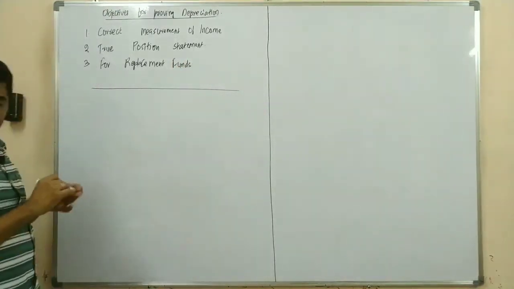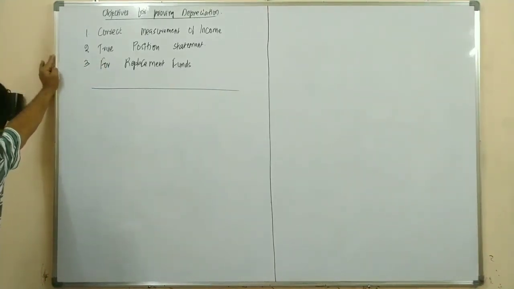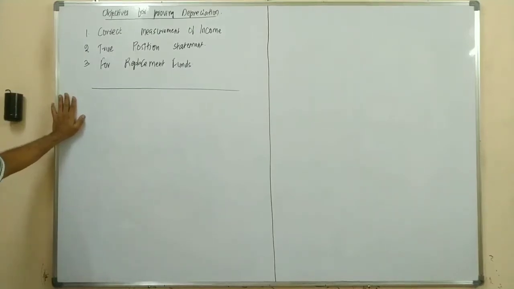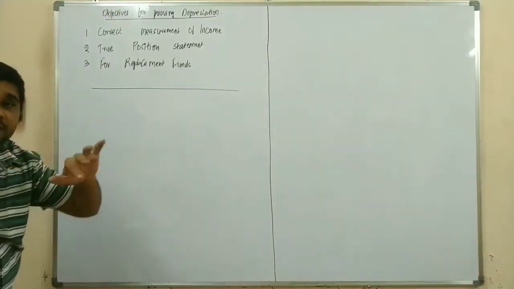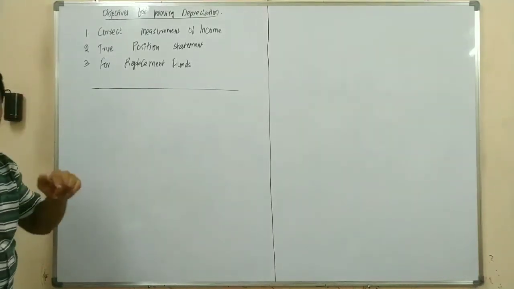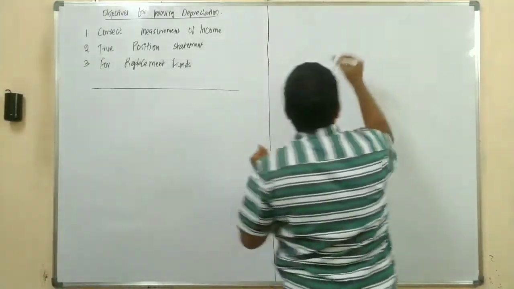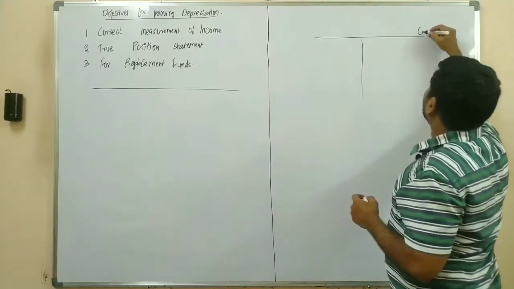Now, let us understand. So, what is correct measurement of income? As depreciation is nothing but a decrease in the value of a fixed asset, which is termed as an expired cost. Expired cost is nothing but your expense. So that means your depreciation is nothing but an expense which is incurred for the purpose of generating the revenue in the business. Yes or no? So in that case, as per the matching concept, all expenses which are incurred for the purpose of generating the revenue